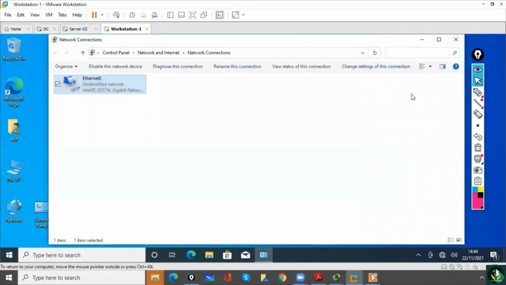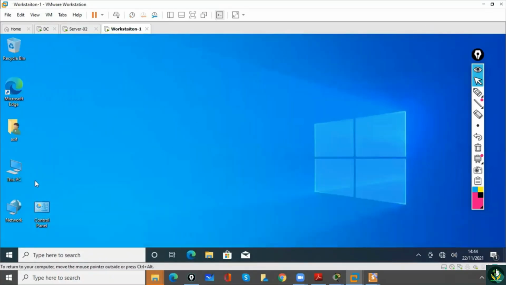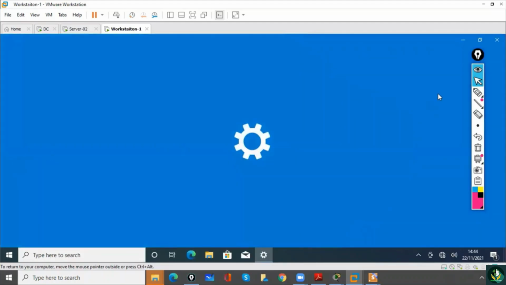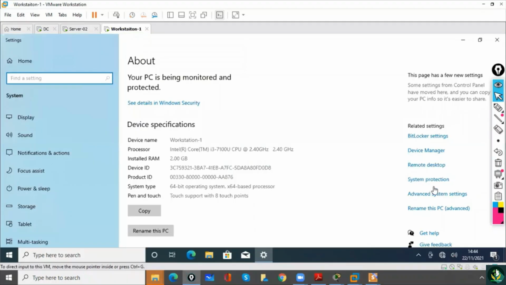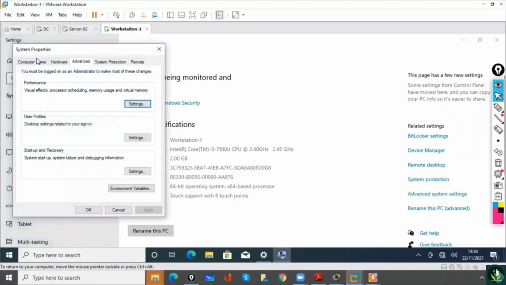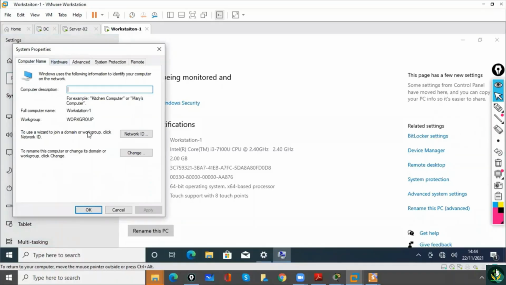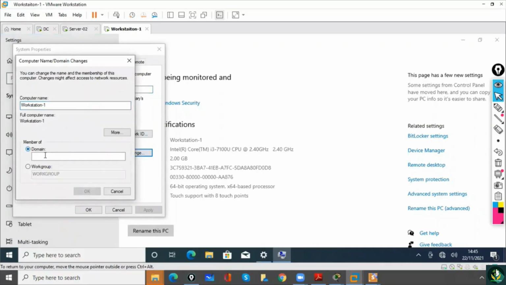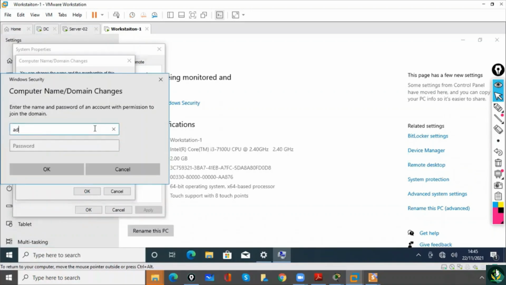Let us join this computer to domain. Then we'll verify. We'll go to properties, then we'll go to advanced system settings. Then we'll go to computer name. Under computer name, select this change option, domain ms.com. Then we'll click OK. Administrator @